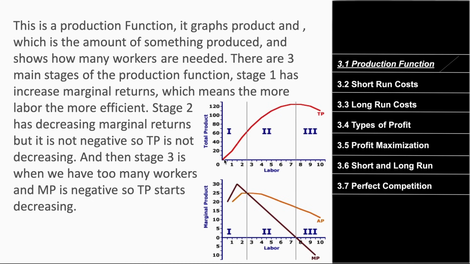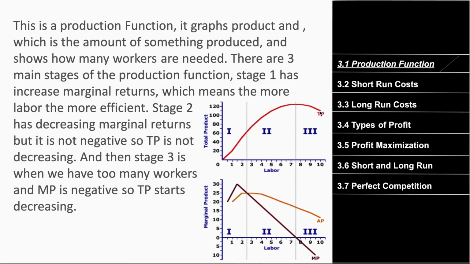In Stage 1, marginal returns are increasing. We have 1 to 2 workers, which is pretty good. Then in Stage 2, marginal returns are slowly decreasing, so we're marginally getting worse and worse. But it's still positive, so it's increasing. So Stage 2, it continues to increase, but it's increasing at a decreasing rate. And then Stage 3, it's officially negative, it's decreasing, total product is decreasing, and marginal returns are getting worse and